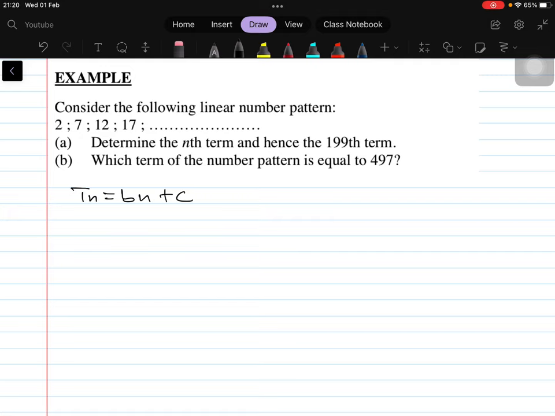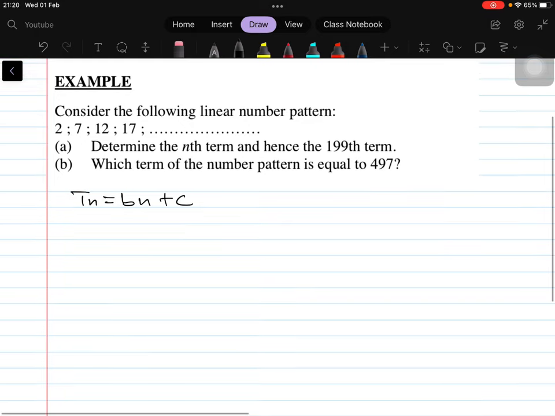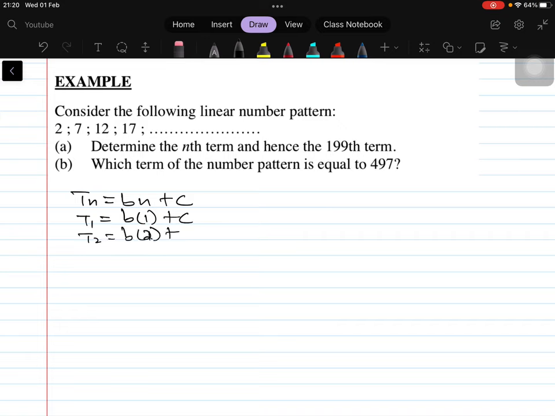There's another different formula. We'll look at it some other time. However, when you are given this as the general formula for the linear number patterns, what it means is that term number 1 equals B, instead of n you put 1, plus C. Term number 2 is B into 2 plus C. Term number 3,